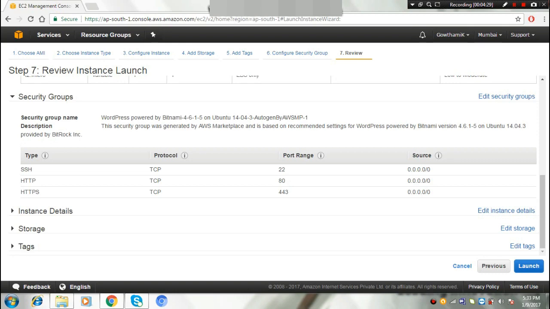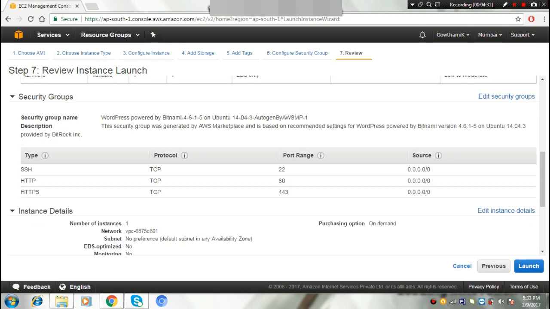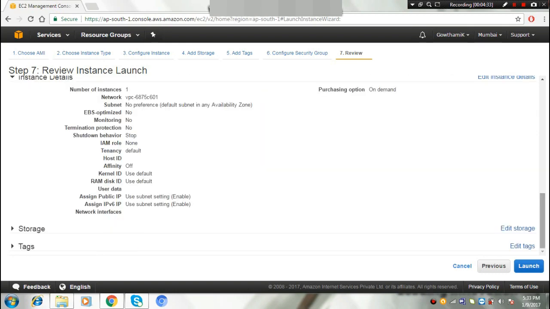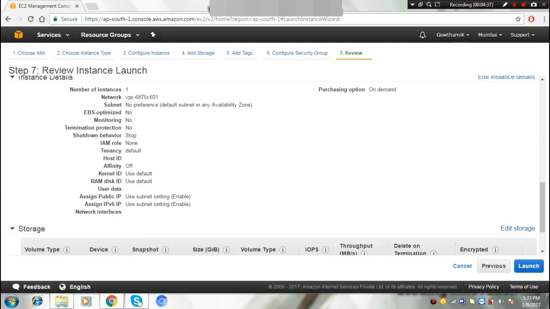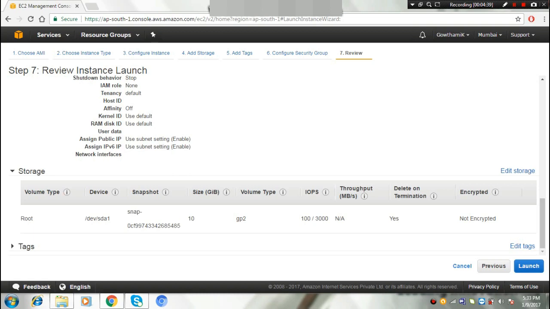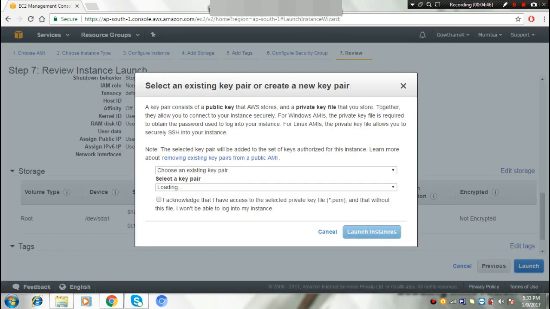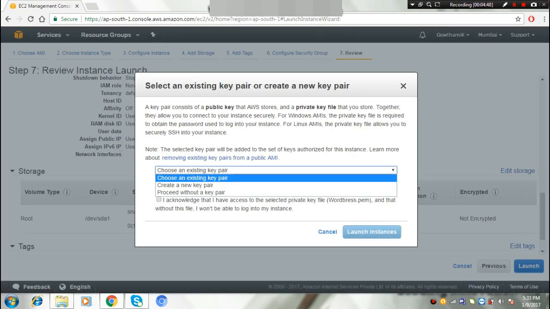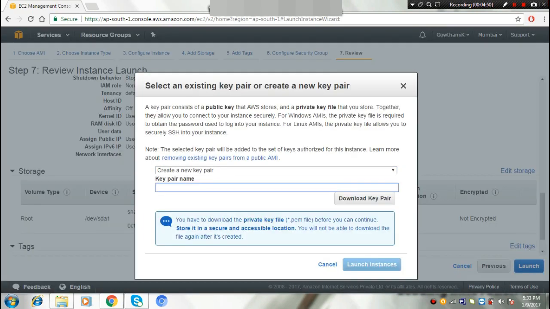Now review the instance launch details here, and below that it shows the storage. You can check all those things, and it is ready to launch now. After launch, it asks for key pairs.